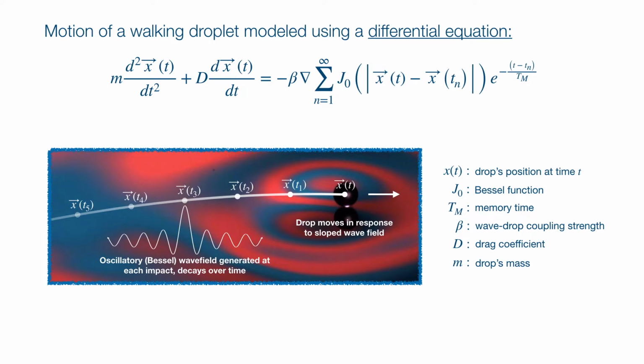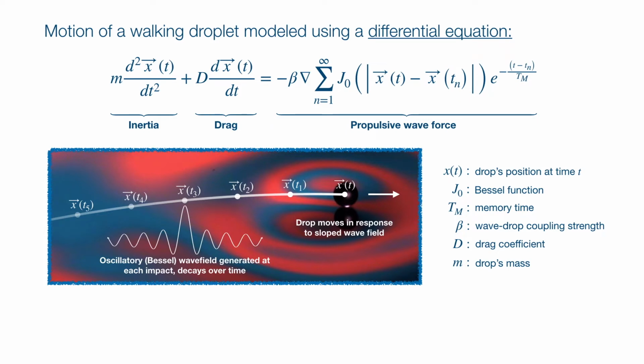Each term accounts for a factor influencing the drop's motion. The first term accounts for the drop's inertia, while the second term accounts for drag forces acting to slow it down. The third term accounts for the propulsive wave force, which is proportional to the slope of the wave beneath